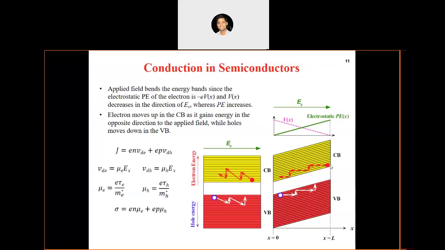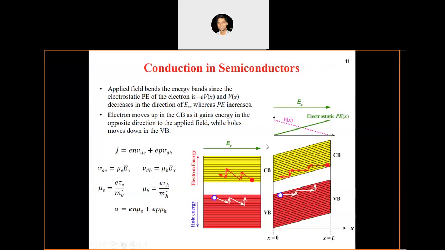First, let us discuss the case of an electron. Because we have applied the electric field in the positive x direction, the electron will start moving in the negative x direction, right? There will be an external force on the electron in the negative x direction. As a result, it will start moving in the negative direction, and after some time it will go through a scattering event. As a result of the scattering event, it will lose some of its energy, and then start traveling again. It will travel for a time length of the mean scattering time, and then go through a scattering event again.